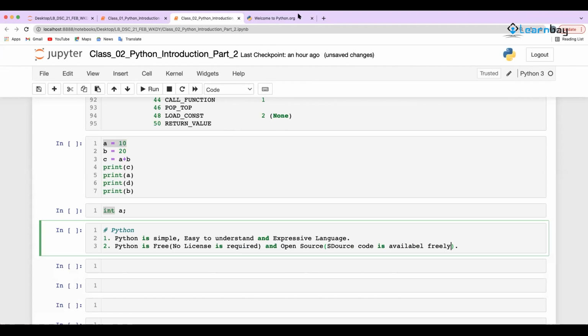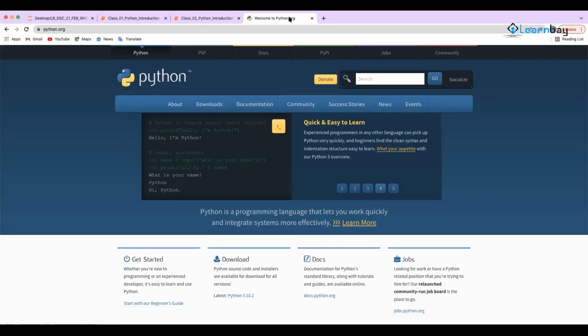Okay. So can you get the source code of Java? No. Can you get the source when you install Windows? Do you get the source code or do you get the exe file? You get the exe file. You don't get the source code. Okay. You cannot get the source code actually. So